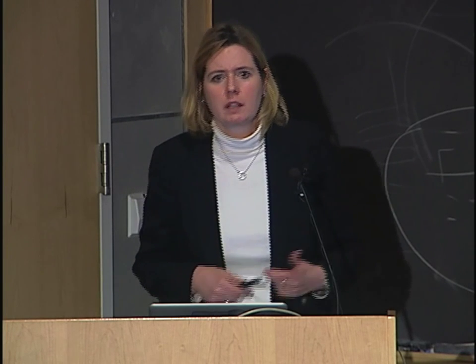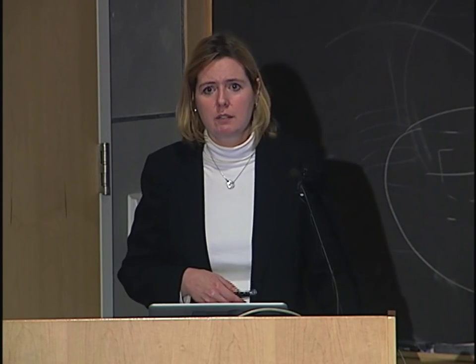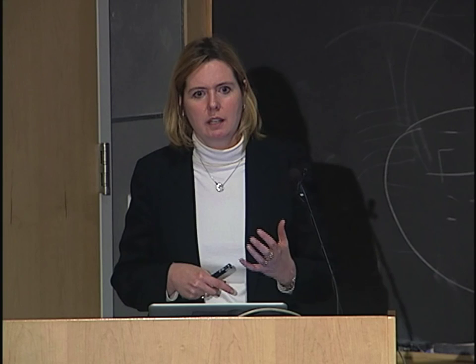So we have some novel therapies that are currently being studied for heart failure. One type is the pericardial restraint device. These are meshes, they're metal meshes, very compliant. In this case, this is what we call the HeartNet device that is made of a nitinol mesh that has a silicone outing,